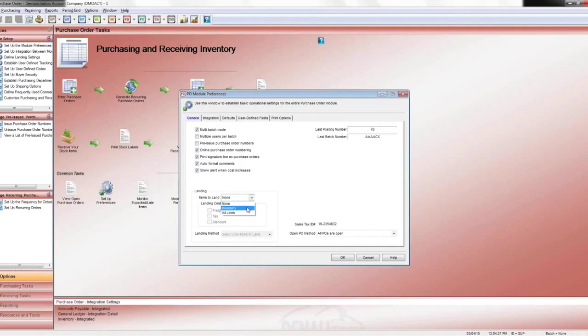The next option is inventory. Now, if we select inventory, then it's only going to incorporate the landing costs for inventory items that are on the purchase order. Any items that you're receiving that will be posted to the inventory module, those are the only items that will have the landing costs incorporated. Most of your items in purchase order probably will be inventory, so most of you will probably select inventory and